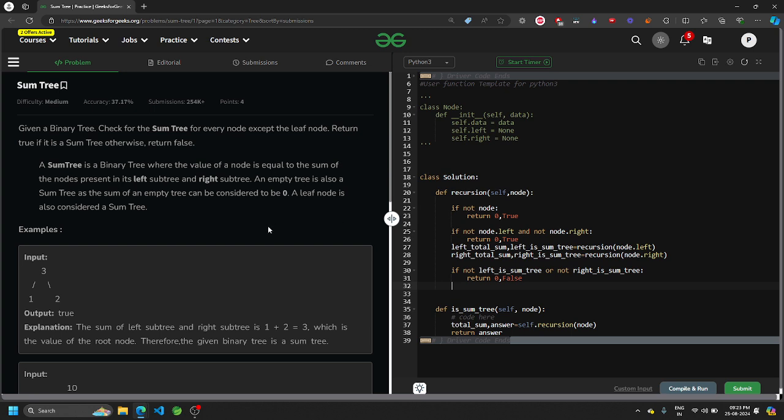And so what is a sum tree? What is the actual definition? Again, read the definition properly. The sum of the nodes present in the right and left should be equal to the sum of the actual node. So if node dot data, this is data over here, in some places like LeetCode it is val, if node dot data is not equal to the sum of these two,